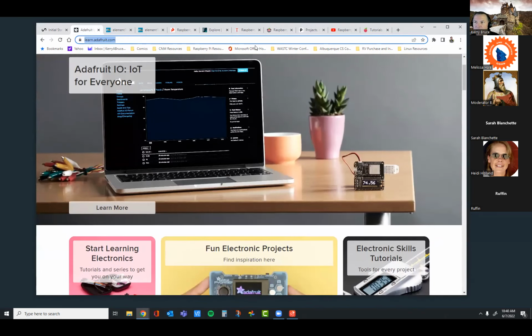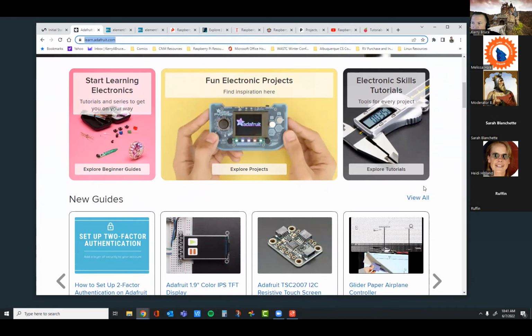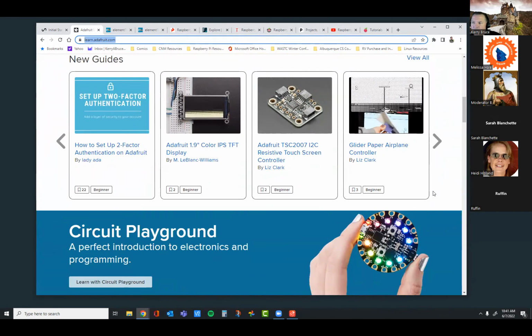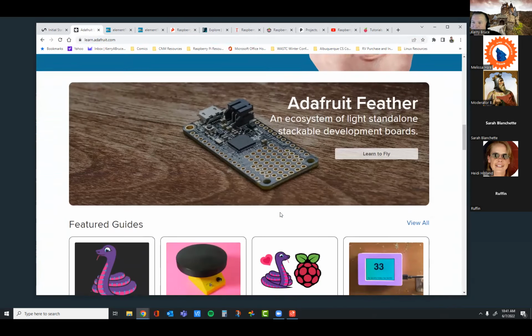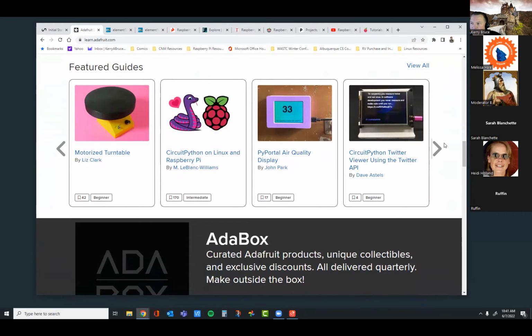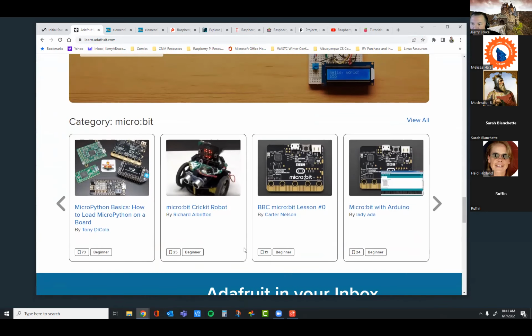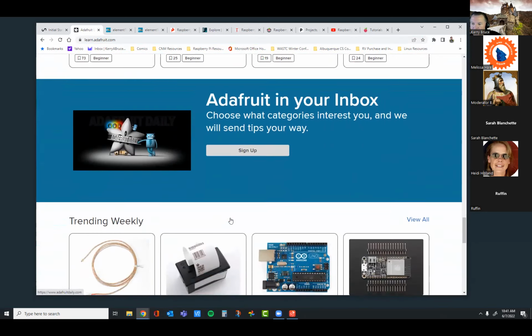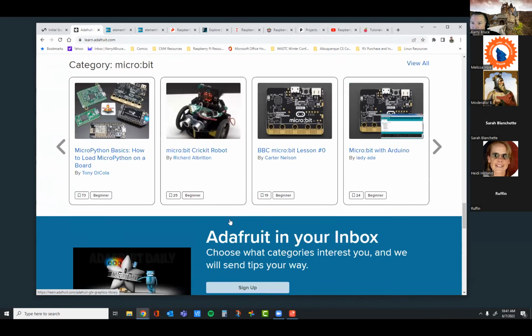And Adafruit and Pi Moroni and The Pi Hut and SparkFun, they're going to provide a ton of tutorials, but the tutorials are going to have a lot to do with their products, right? But you will find inside of that a whole lot more. You'll find other tutorials that aren't about their product. They're just about maybe using the device or how to do something else. But there's a lot of really cool things on here as well. So I highly recommend that you go check them out.